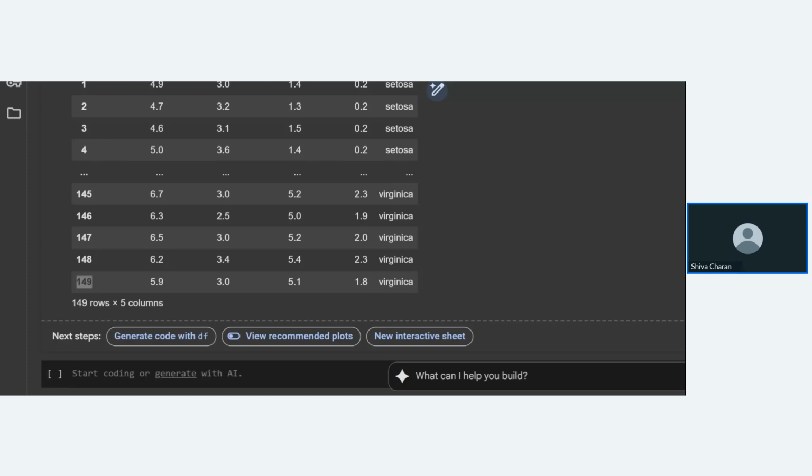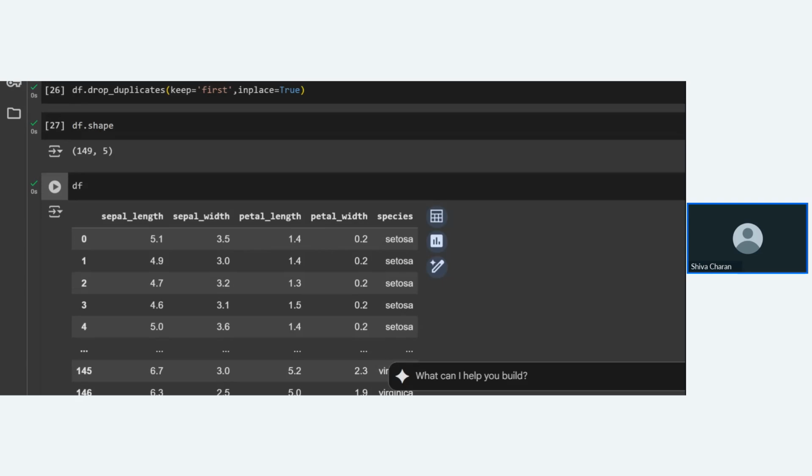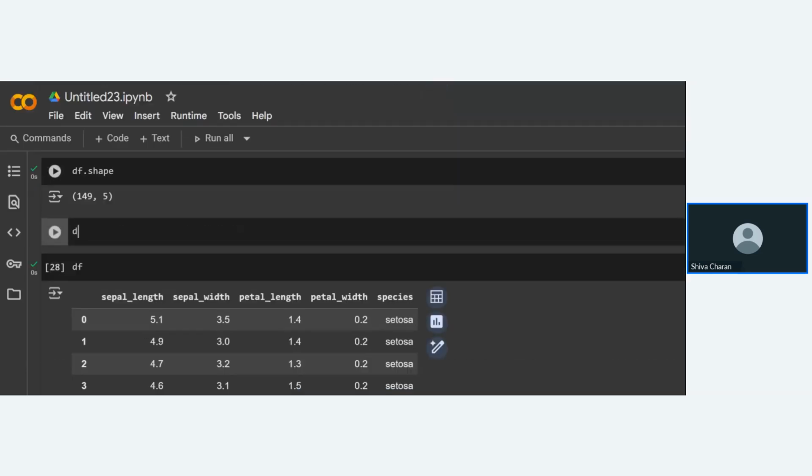It should be 148, right? Correct. It should be 148. So now all I need to do is reset the index, correct? Okay. To reset that, what I will be doing is df.reset_index, and